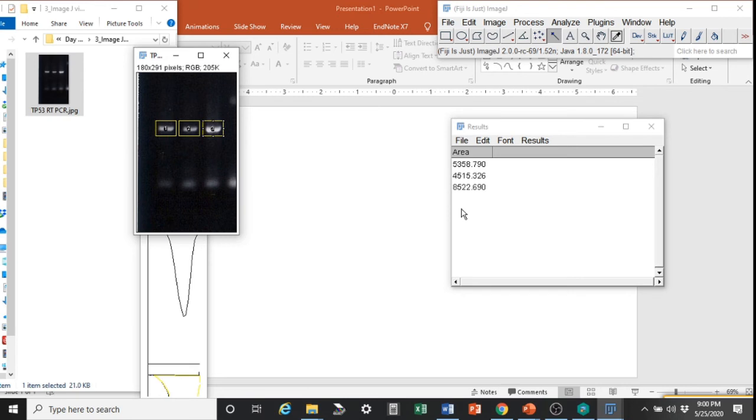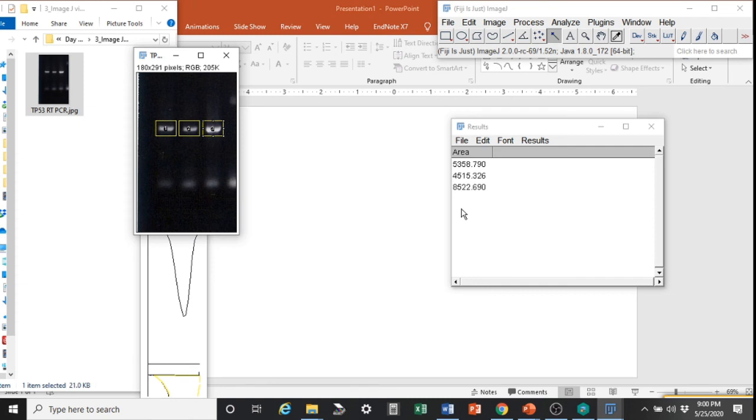So using these three numerical values that you have obtained using the software, you can do different sort of analysis for looking at the expression of the genes with respect to endogenous control. You can quantitate the Western blot and again look at the expression of the genes with respect to endogenous control.